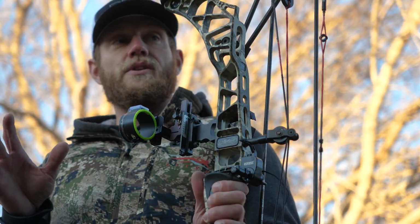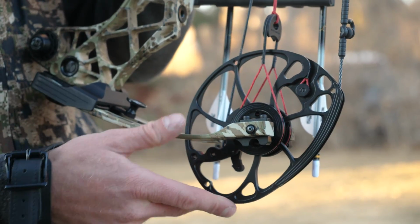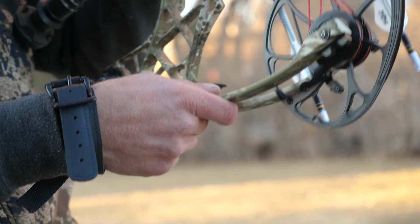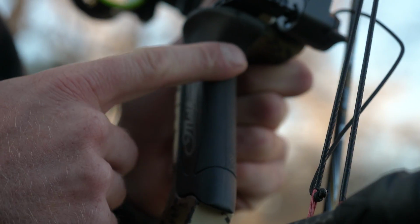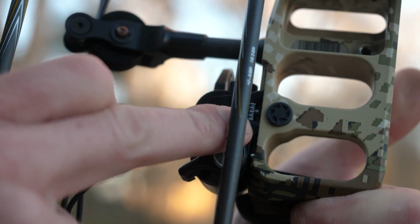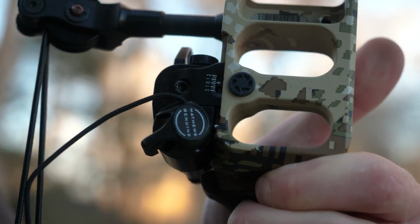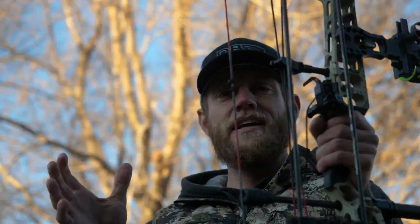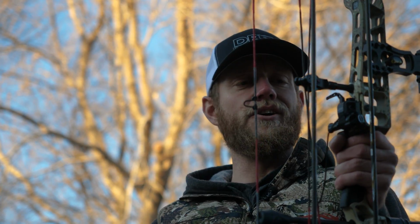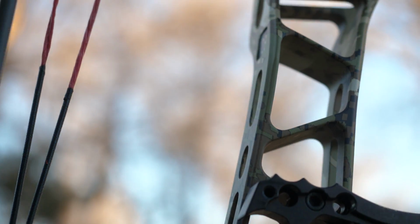Not a lot new this year as far as the technology of the bow. The cam system is the same as last year's Vertix. The engaged grip is the same. The integrated Ultra Rest basically attaches on a Picatinny type rail off the back, which I really like. It's sleek and it's streamlined. Anything like that we bow hunters can do, you've got to do,